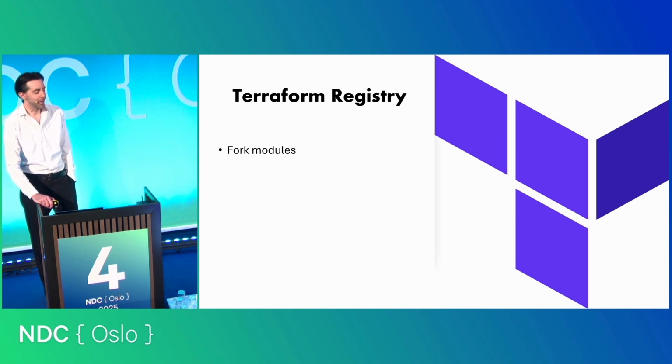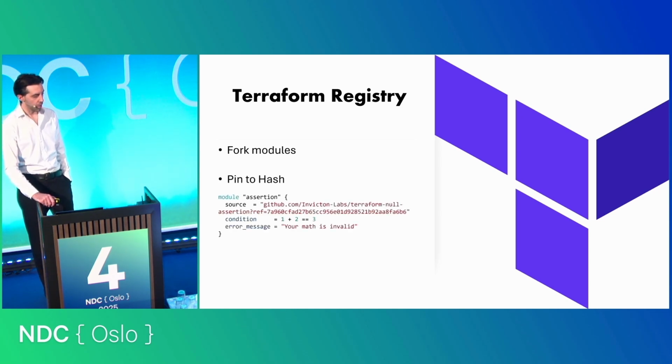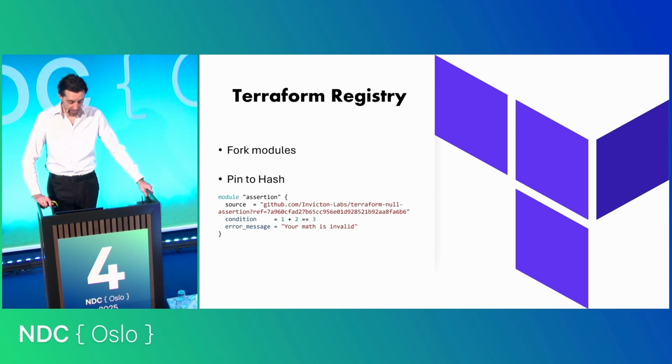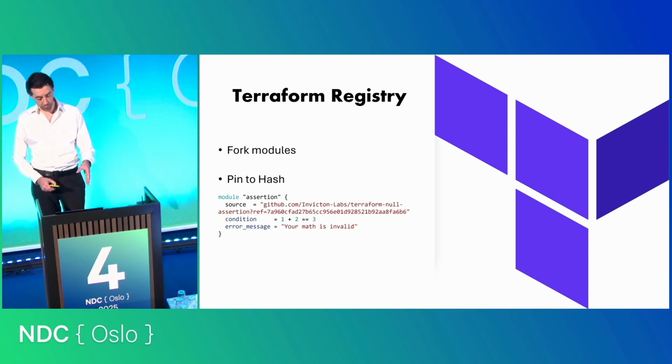there's not a lot you could do about it. You can fork the modules and you can change the references inside of them to make sure that it meets those strict hash locking that I talked about by pinning it to the hash. Or you can use a module that I built specifically for this. I asked myself, how would I do this in a way that doesn't cause me to have to recursively go through and fork all these dependencies and still be able to use open source modules? So I created a module